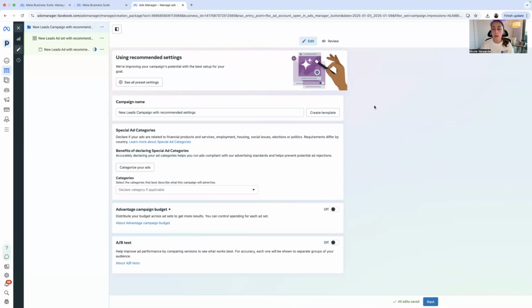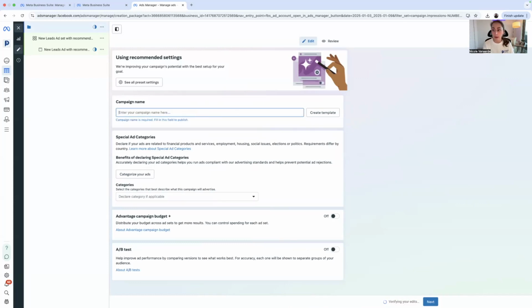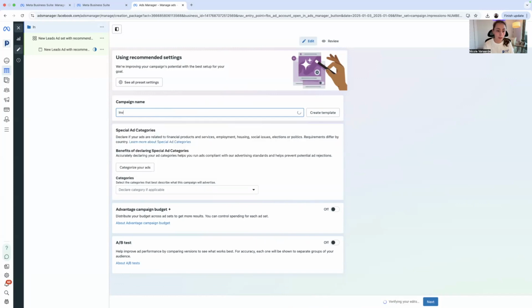Then you'll want to go ahead and select continue. So the first thing you're going to want to do is make sure you name your campaign, because if you have different offers going on at different times, you want to make sure that you're organized and you can easily go to the campaign you want to work with. So we're going to set up an Invisalign campaign. So I'm going to name this Invisalign campaign,